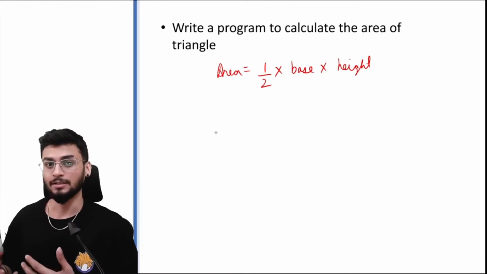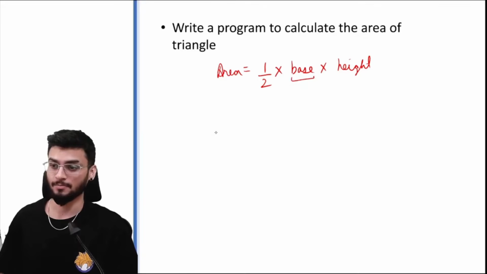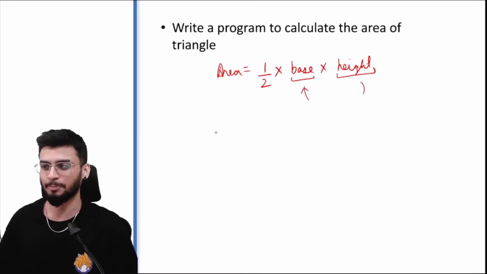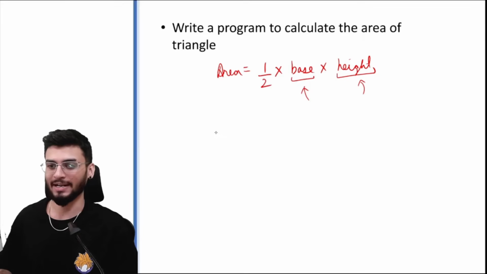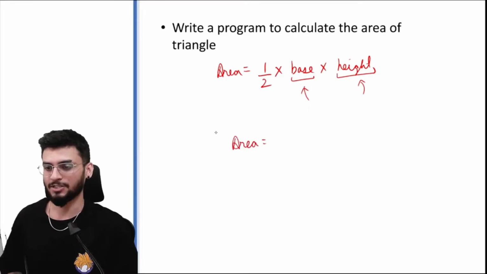What do we need the input from user? What are the inputs we need? First of all, we need to input the base. Secondly, we need to input the height. So I will be taking variables of the same name. मैं कुछ अलग b and h नहीं लिखूंगा. I will just use the same name. Okay, so in Python language, if I want to write the formula as this, I just need to write